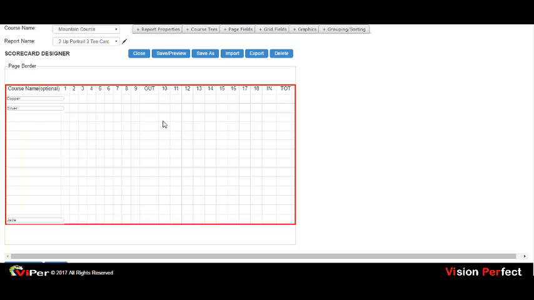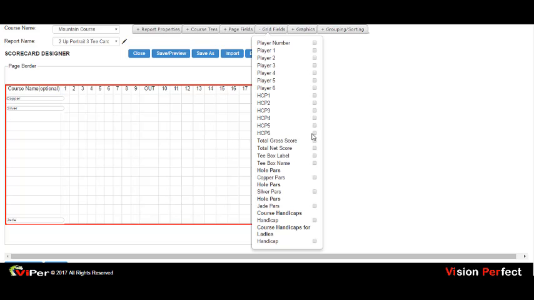So now that I've got my T's added to the field, I'm going to go to the grid fields and select whole pars, and it'll put a par in here for each T box because it is possible for each T box to have different yards. In this case all the pars are the same, so I can actually pick any one. I'll just pick the silver whole pars and drop that down into the third row where I want it and